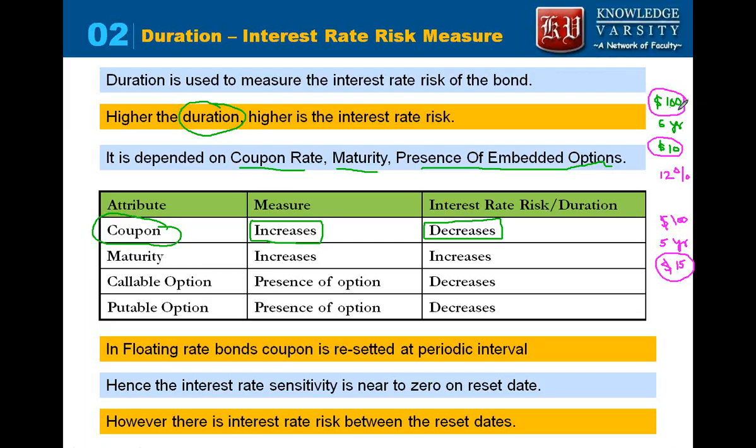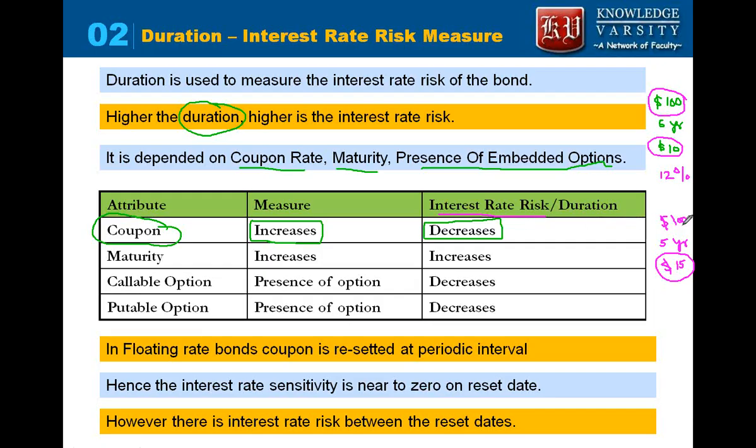So due to the fluctuation in interest rate, this will get impacted. The present value of this will get impacted, whereas here, as a proportion, less of the money is at the end. Here it's only 6 times, 7 times, here it is 10 times. So the present value of this money is lesser in comparison to the coupon. So what happens is, an increase in the coupon decreases the interest rate risk. This is very important.